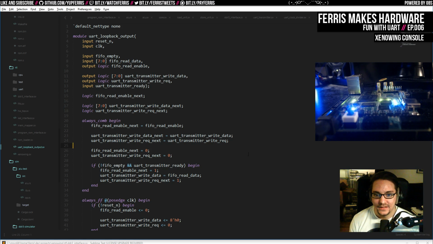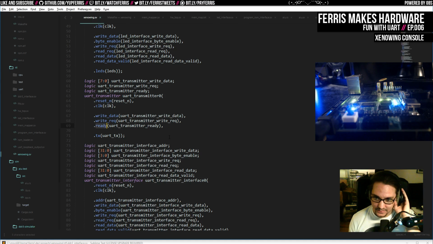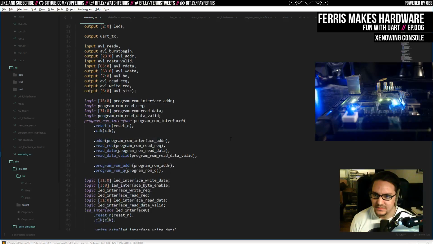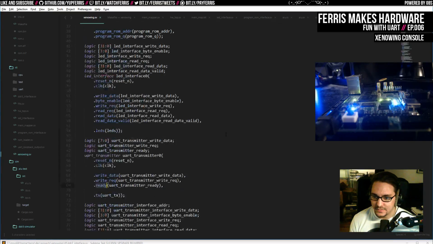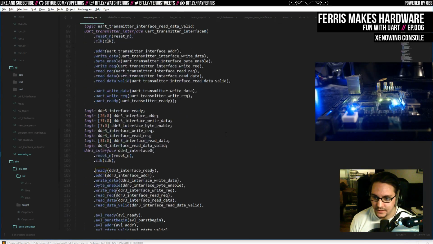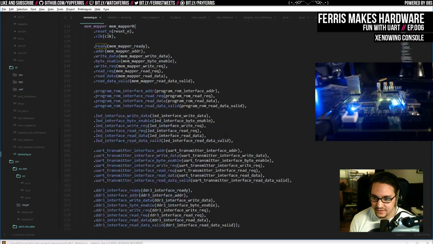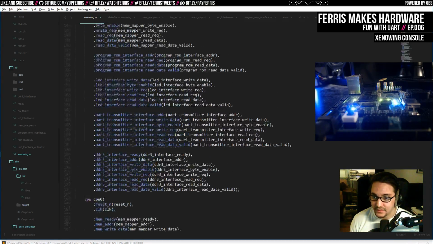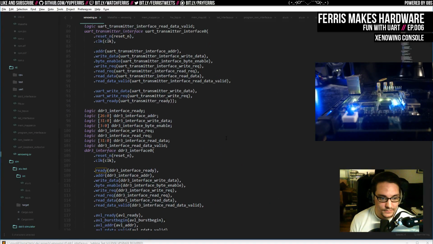That'd be neat. Okay, so I'm just gonna hook this up probably at the top level of the Xenowing stuff. Yeah, probably here, because this is where we have access to the UART transmitter. We're going to have access to the CPU stuff here later as well, so we're going to hook up some of that. But first of all,